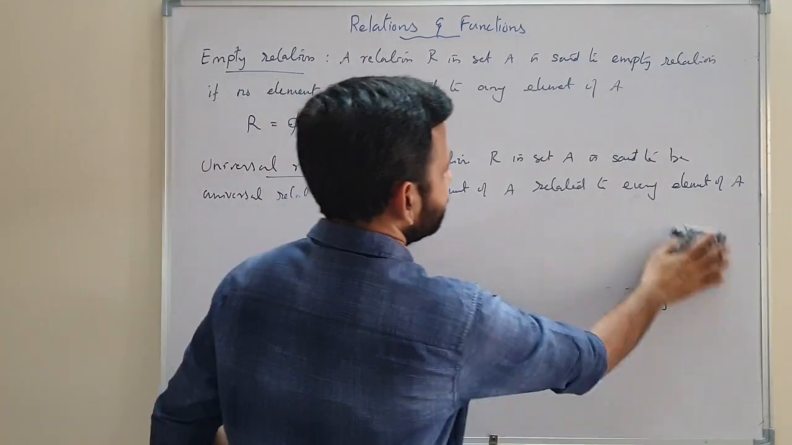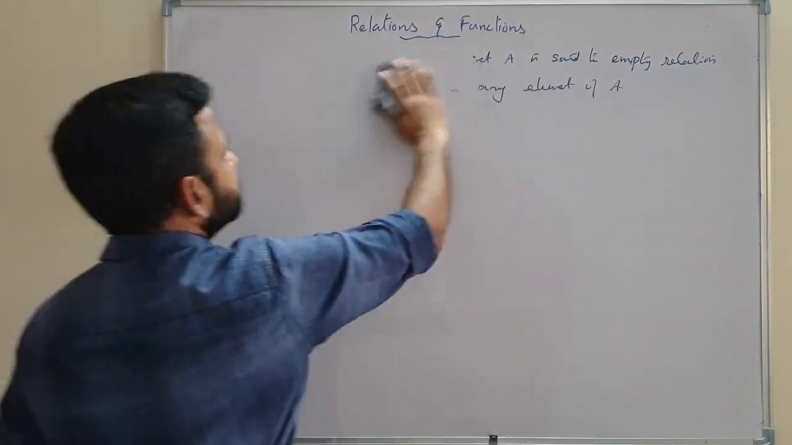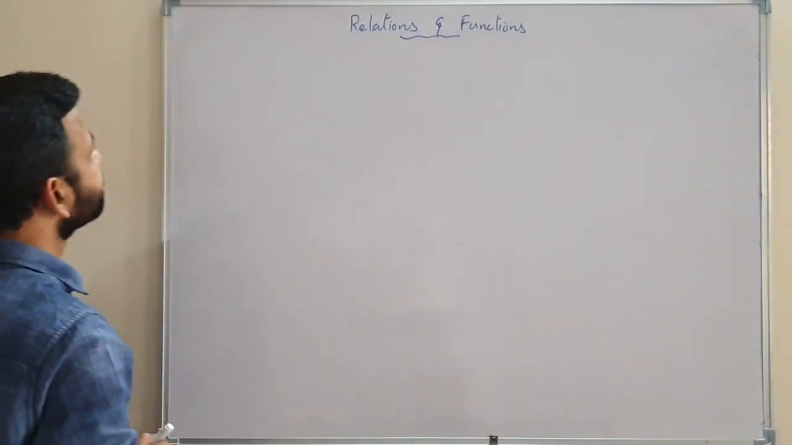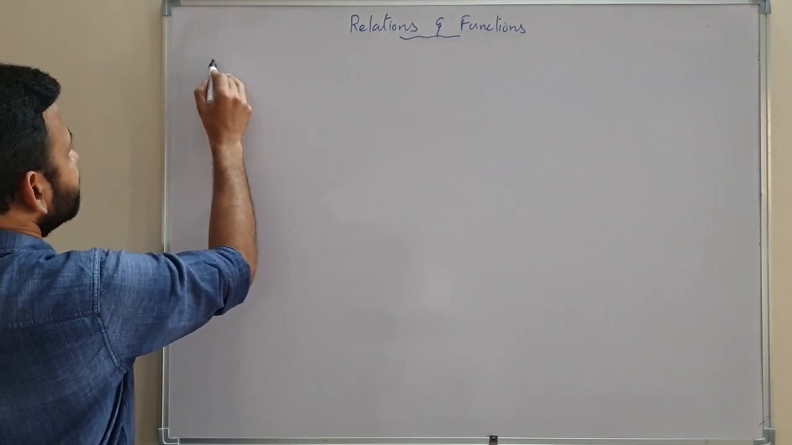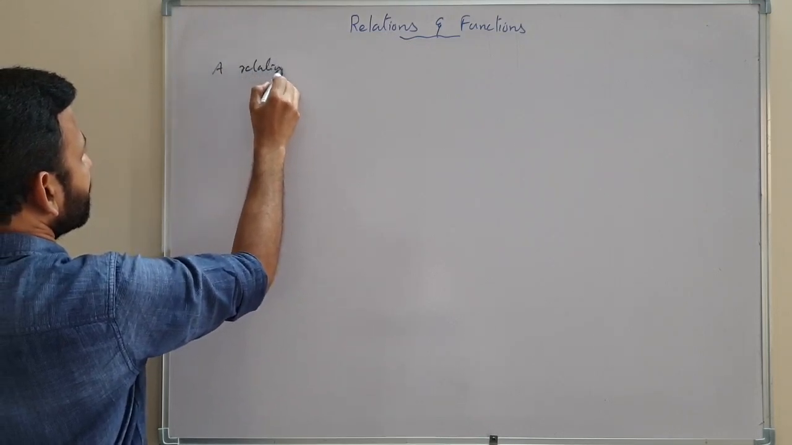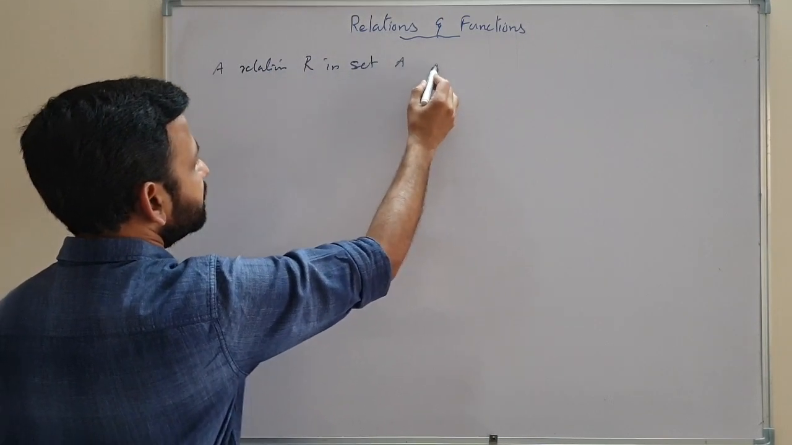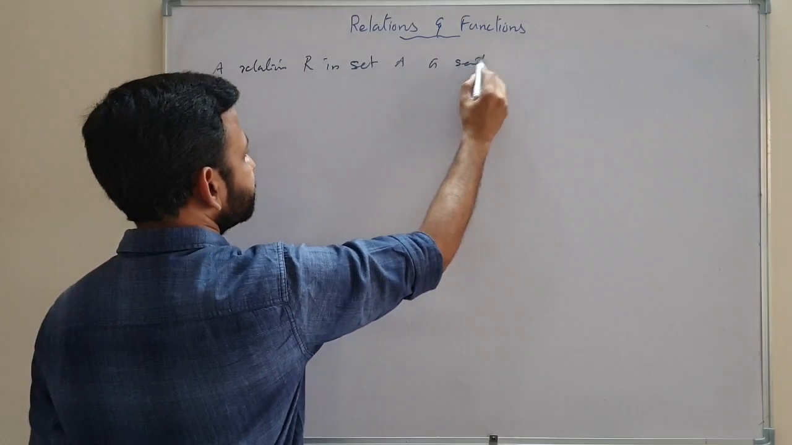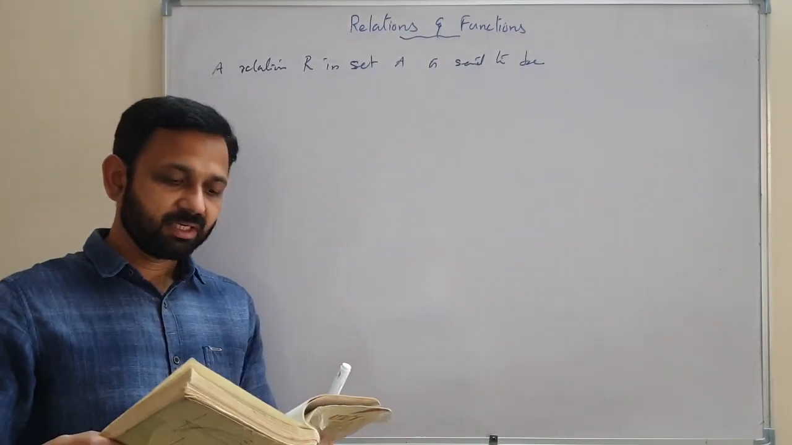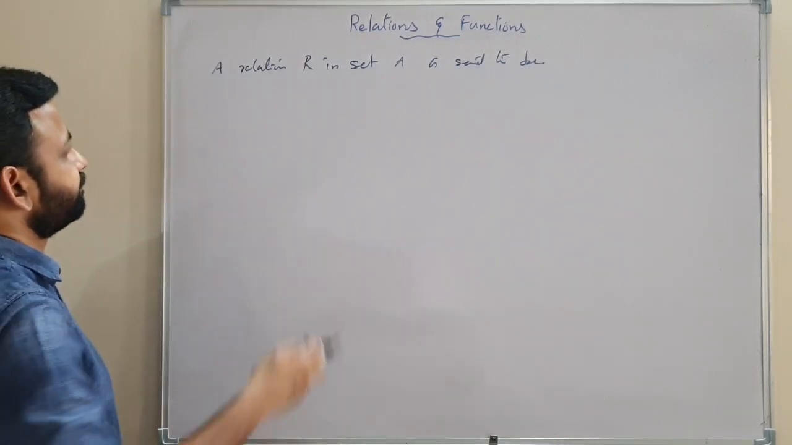Now we are going to learn equivalence relation. Reflexive, symmetric, transitive, etc. A relation R in set A is called reflexive